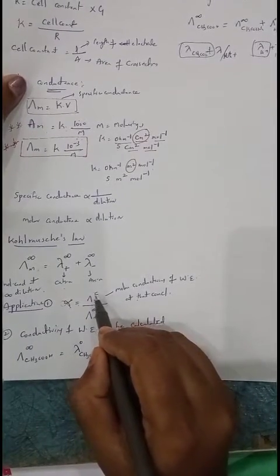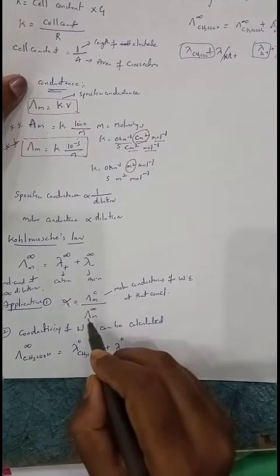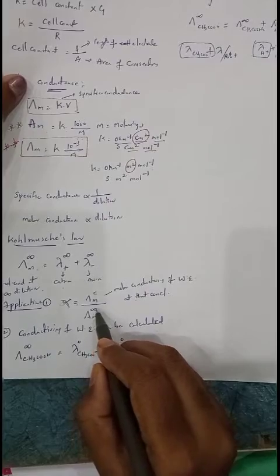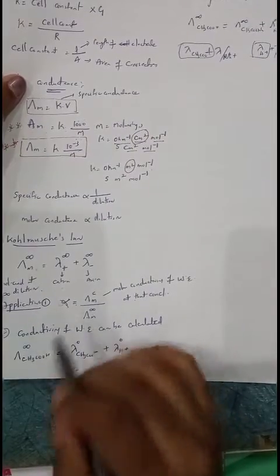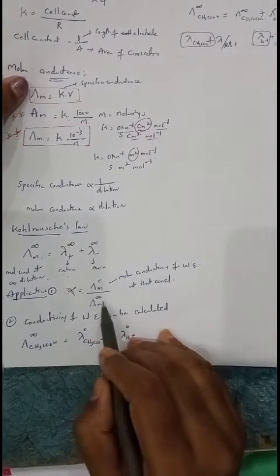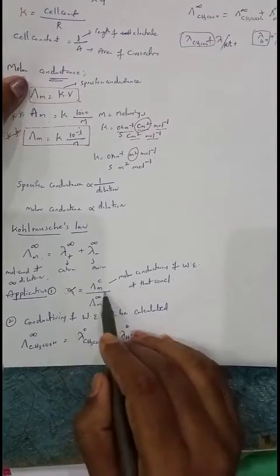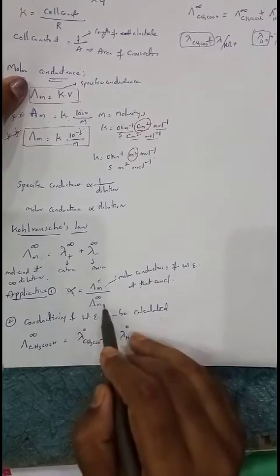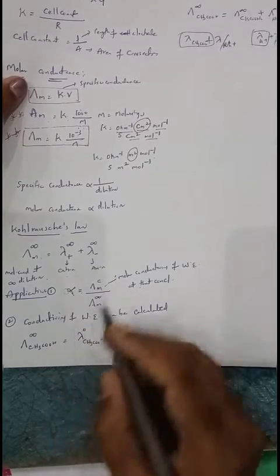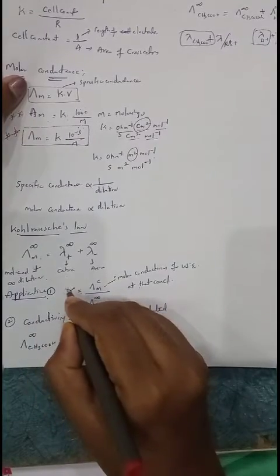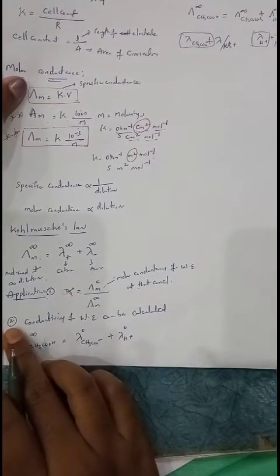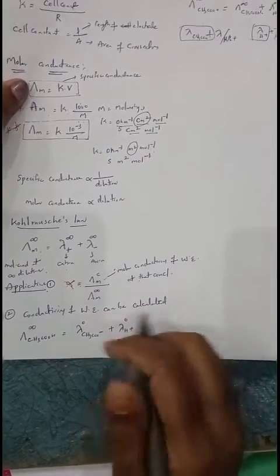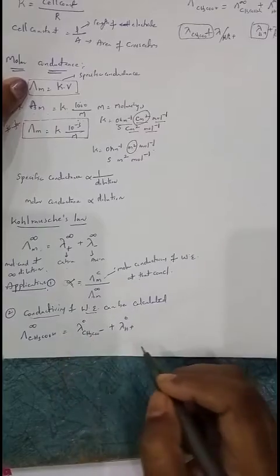That's why here it is indicated by C, divided by molar conductance of that weak electrolyte at infinite concentration or infinite dilution. So by dividing these two, you will get alpha. Usually this will be given in the question itself. This should be calculated, and by substituting that value, you will get this degree of dissociation. So first application, to find out degree of dissociation, and second application, conductivity of weak electrolyte can be calculated.